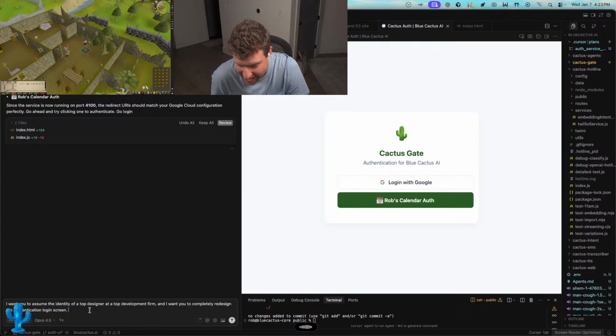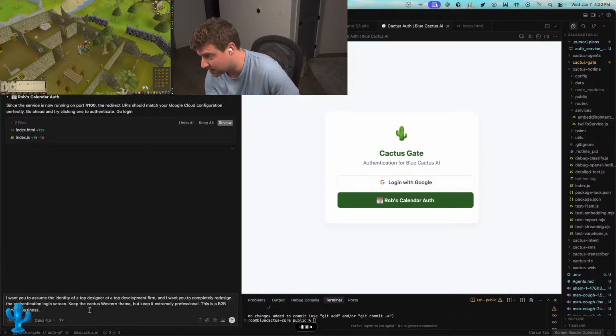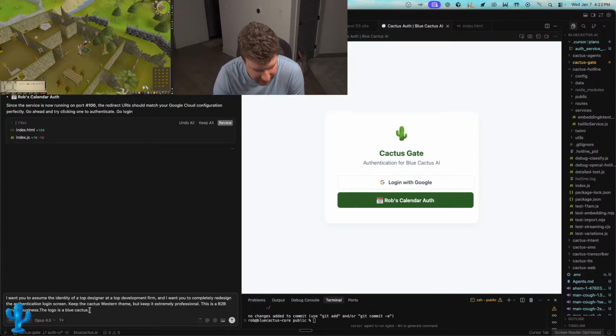Keep the cactus Western theme, but keep it extremely professional. This is a B2B service business. The logo is a cactus, a blue cactus. Okay, here we go. And we should probably check out to a new